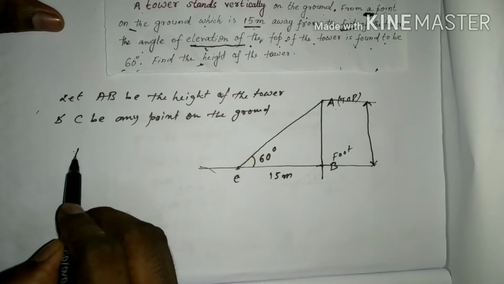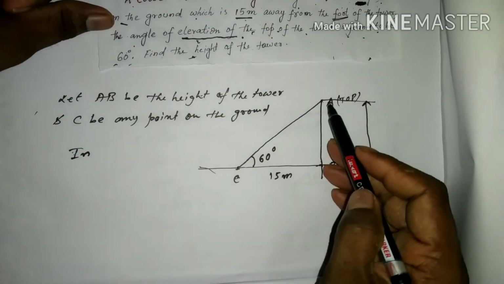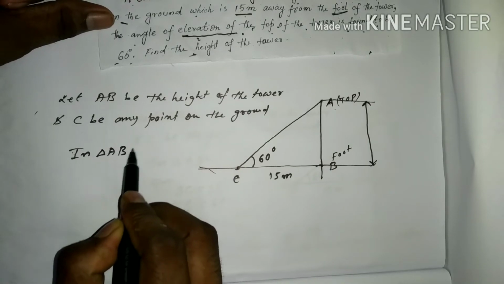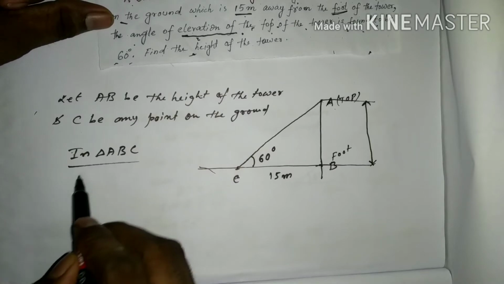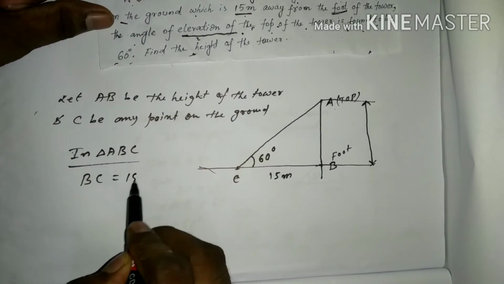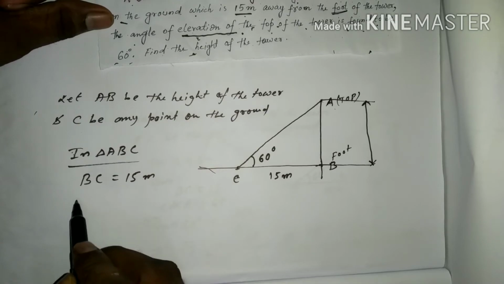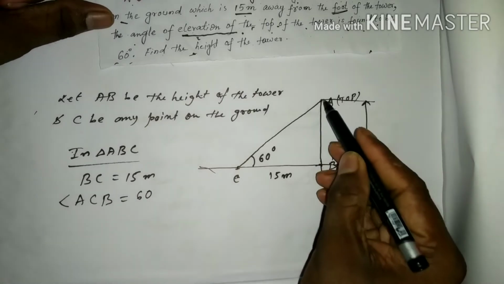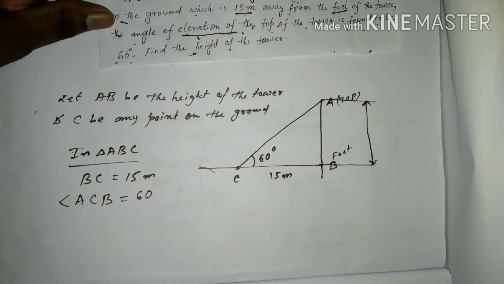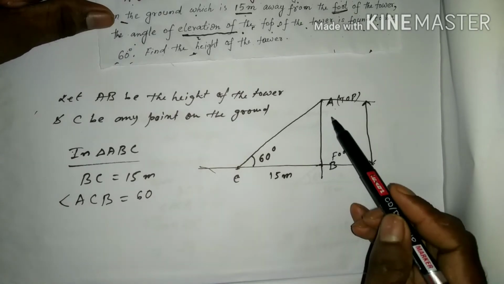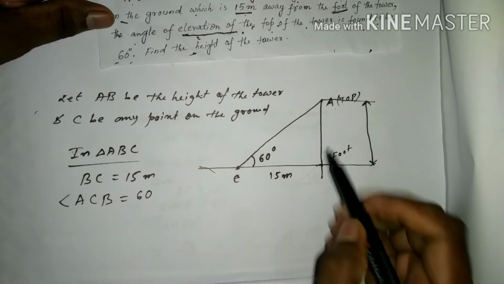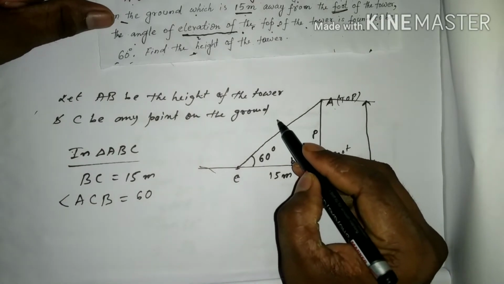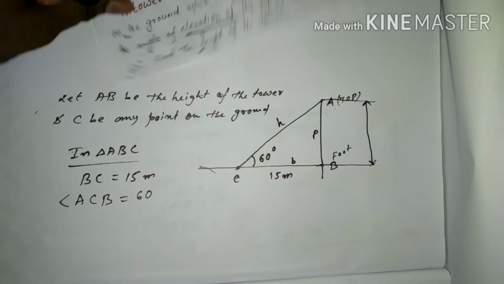So we can see this ABC is a right angle triangle, so we write: in triangle ABC, BC equals 15 meter is given, and angle ACB equals 60 degree. This ACB equals 60 degree. So now what do we have to find? AB we have to find. So in this triangle this is the perpendicular and this one is the base, BC is the base, and this is the hypotenuse, as we know for the right angle triangle. Okay,